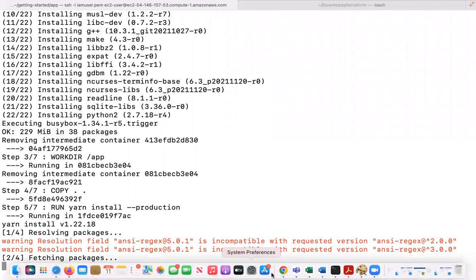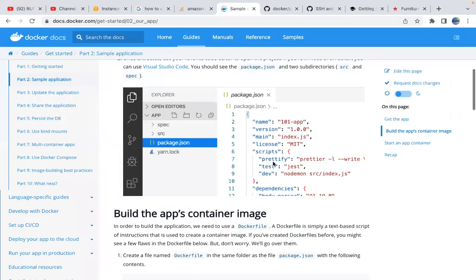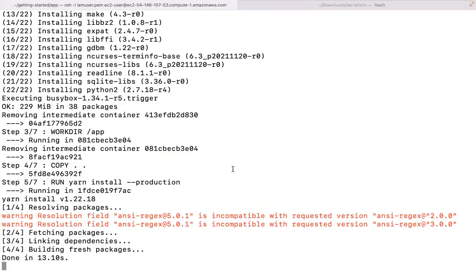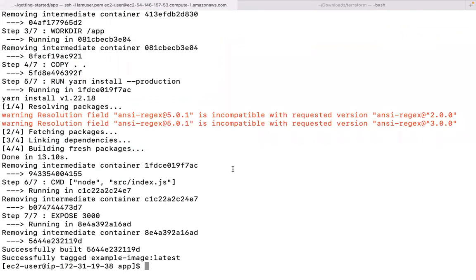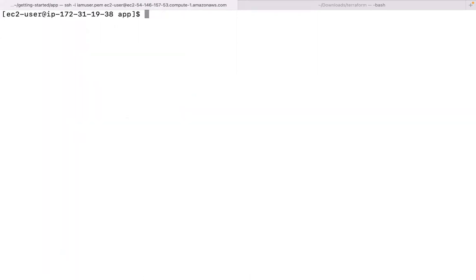Basically, whatever prerequisites are mentioned in the package.json file, it is installing those dependencies. Okay. Now list the images. You see that example image, five seconds ago. Now our image is ready.